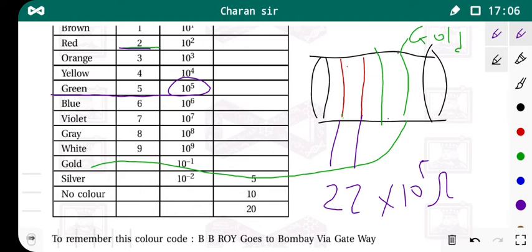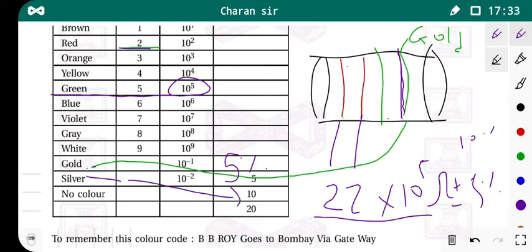But now for your fourth band, it is given that the color is gold. So there can be some variation in this value. But how much variation? For that you take what the color of the fourth band is. That is gold. So gold has 5% variation. That means plus or minus 5%. Suppose instead of gold you have silver, at that time you get 10% variation. And suppose there is no color, at that time you get 20% variation. Okay, so this is the variation which takes place in the resistor value.